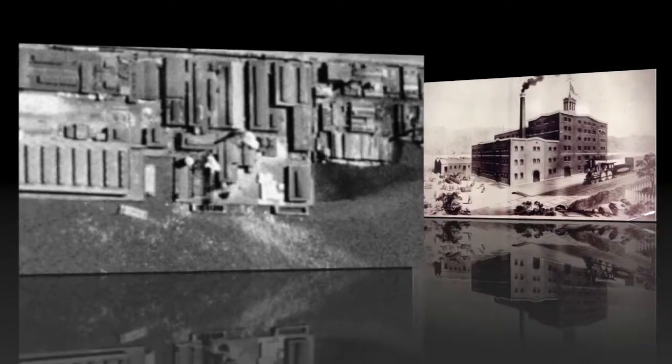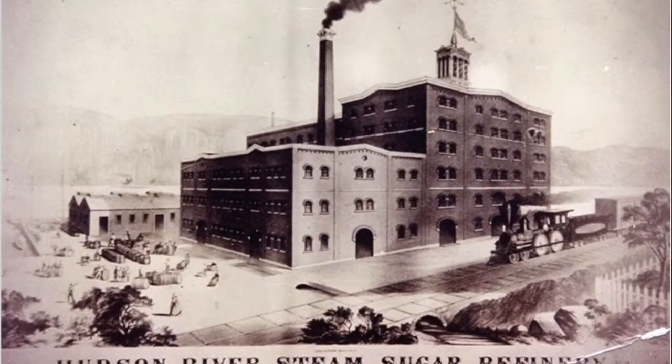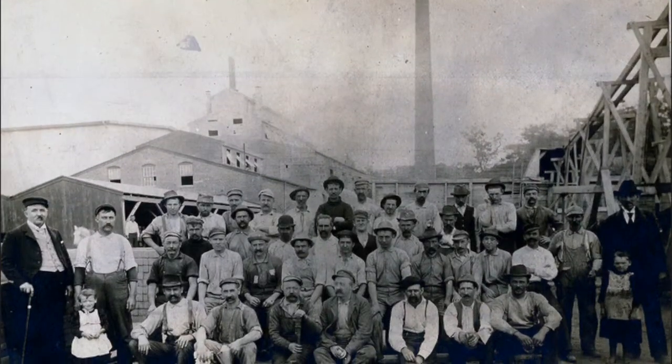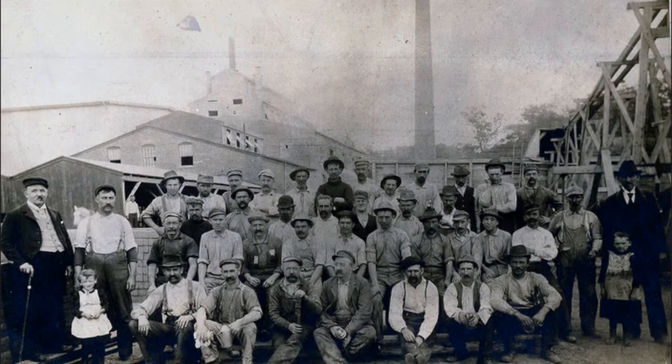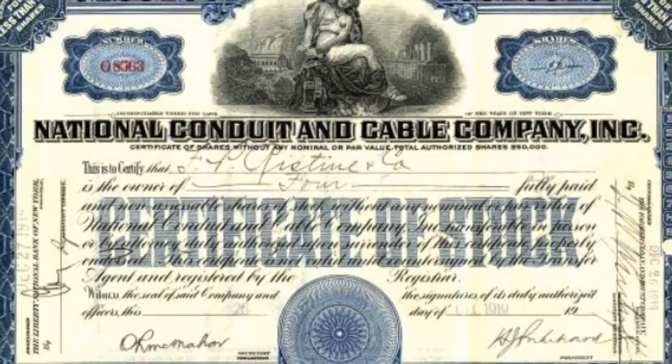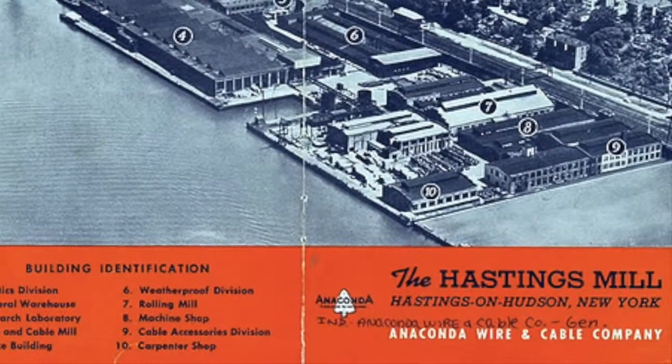The Hastings waterfront has been used by heavy industry for the better part of the last 165 years. Everything from the Hudson River Steam Sugar Refinery in 1849 to the Hastings Pavement Company in 1875, who, by the way, supplied pavers to help build Central Park. To the National Conduit and Cable Company in 1891, who made weapons for the Army,